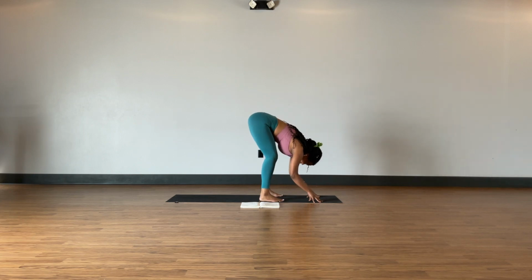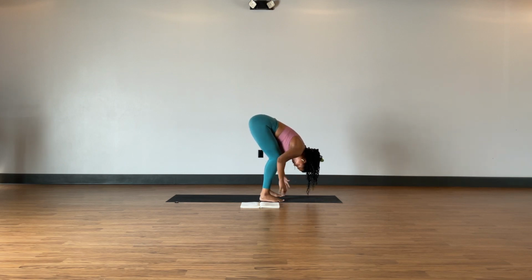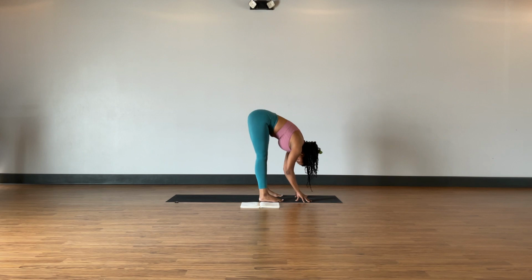Now from here, ragdoll pose. Let the crown of your head hang heavy. Bend your knees a lot, so much so your belly is draped over the tops of your thighs. This actually contributes more to your flexibility than if you keep your legs straight, because this way,